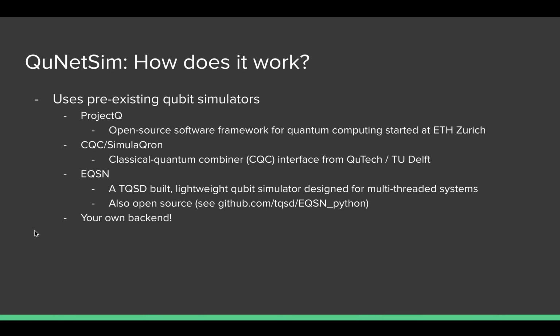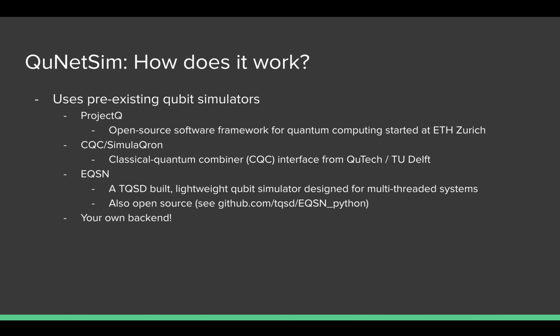And we've designed QuNetSim such that any qubit backend can more or less be easily integrated into QuNetSim. We have this interface that allows any qubit backend: you just have to implement this interface with the qubit backend, and then QuNetSim will use that particular backend. So it's easy to swap out the backends, and sometimes it's more efficient to use a different qubit backend than others. For example, Project Q is really fast, especially the compiled one. So if you want to run simulations that are faster, then Project Q would be your go-to.